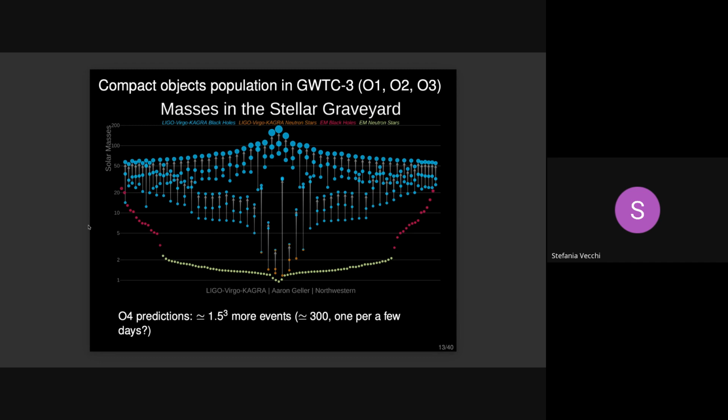What is interesting to me is that we are basically reaching into this region that is not well probed in electromagnetic observations, and also until some time there was this claim that there is a mass gap. There is a gap between the lowest black hole masses and the highest neutron star masses, because a neutron star cannot have any mass. At some point the matter will